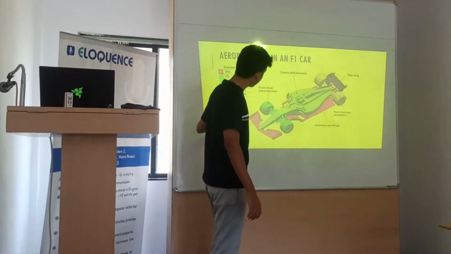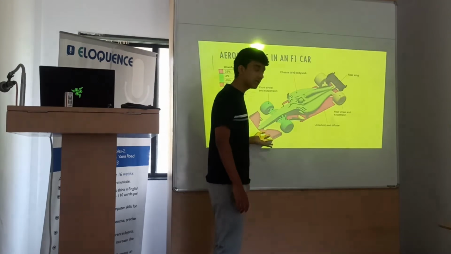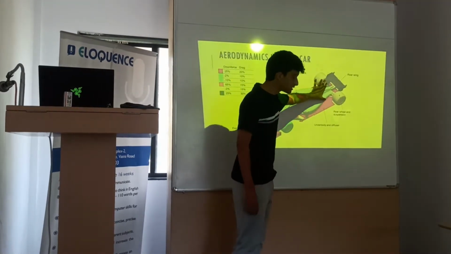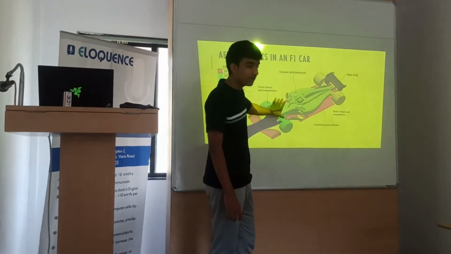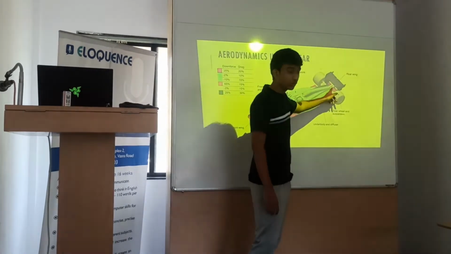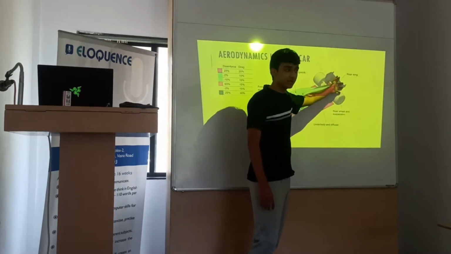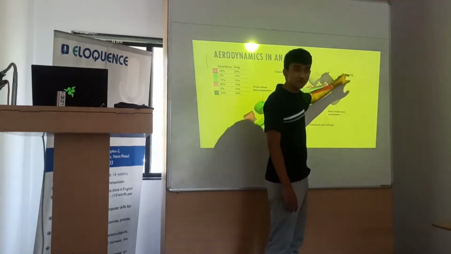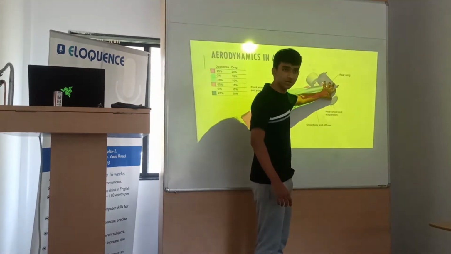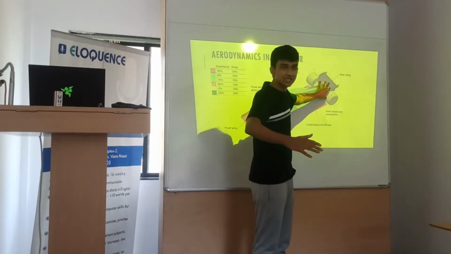As we saw in the video, when the air passes through the front wing, there are two vortices formed, which will allow the car to, firstly, not hinder the bodywork of the car, and it will allow the diffuser over here at the back to push the air out at a fast speed. So when the diffuser removes all of this air at a very quick speed, a low pressure situation is formed at the rear. When it is accelerated, the air is accelerated quickly.